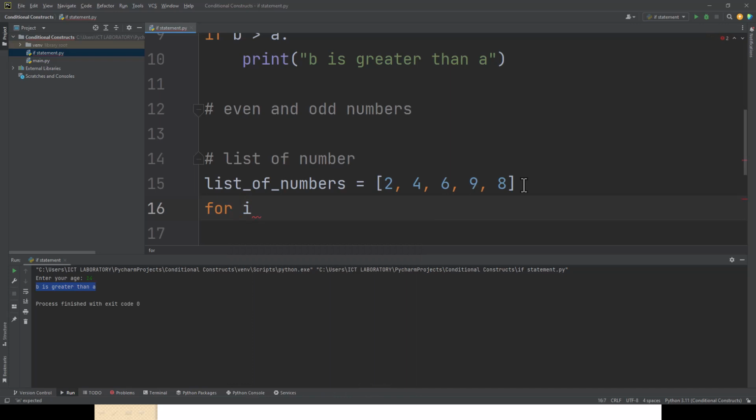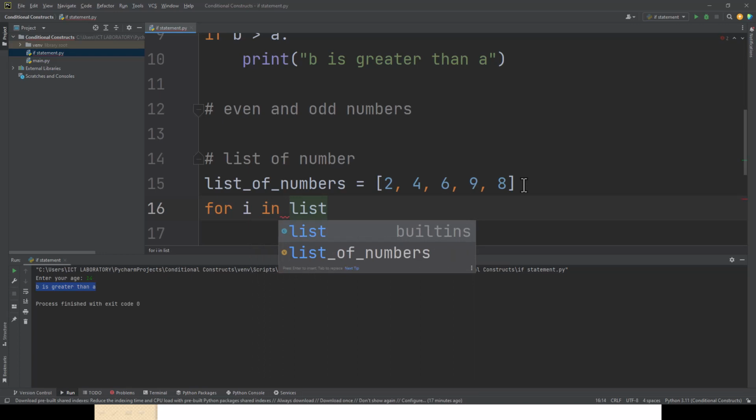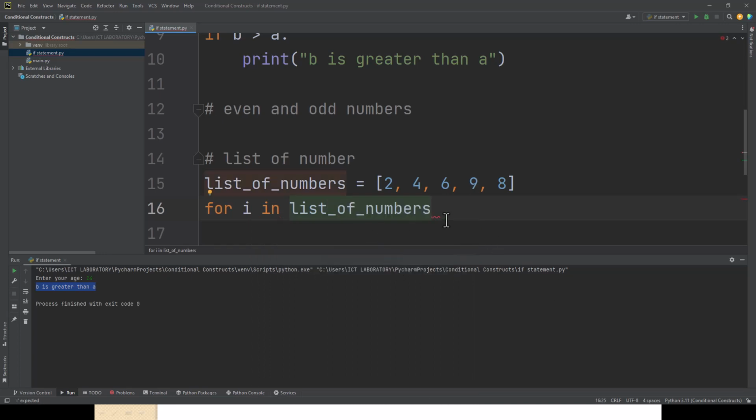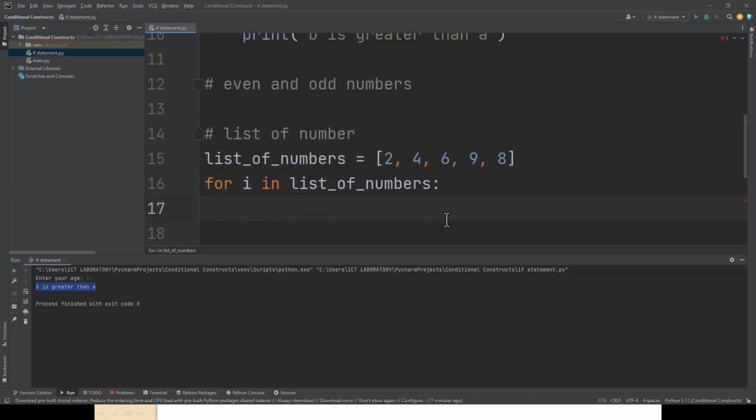Usually we use i to represent another variable that is within a certain range. For i in list of numbers. The in is also an inbuilt Python keyword, so we'll be looking at that one too in our next lesson. So we're just saying that for i in list of numbers, so for each